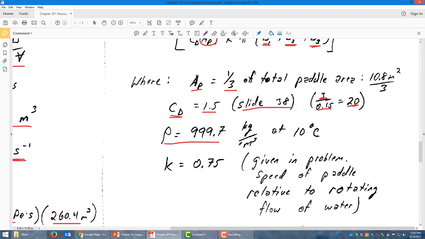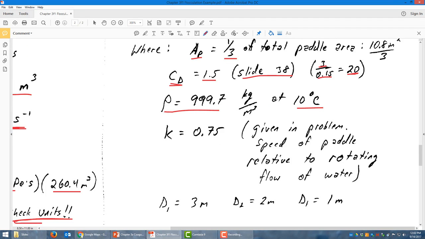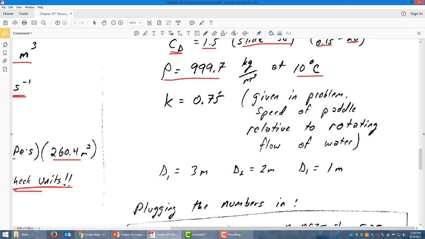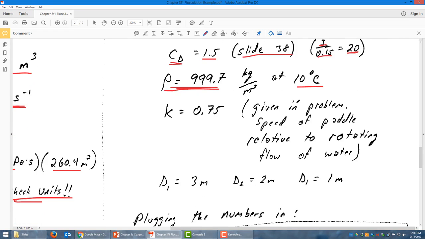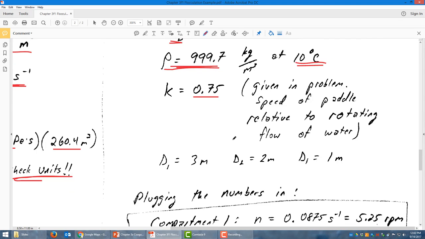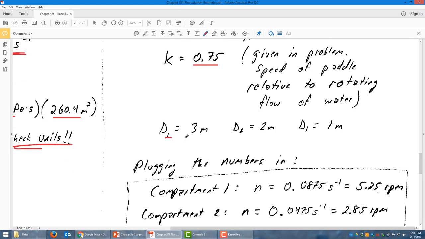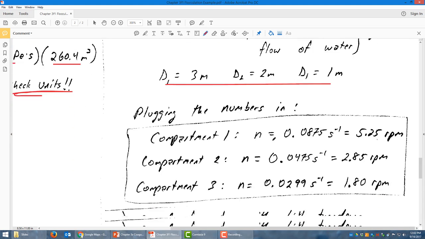Our density of water is 999.7 kilograms per meter cubed at 10 degrees Celsius that we looked up in a table. Of course, if we rounded to 1,000, it's only off at the fourth significant figure, so it may not have mattered too much, but that's what we're using. I will say that even though density doesn't change a lot, viscosity does change a lot with temperature, so you definitely have to use the temperature when you're calculating your viscosity. K is the 0.75 that we already discussed, and the diameter is 3, 2, and 1 meters, so we plug the numbers into that